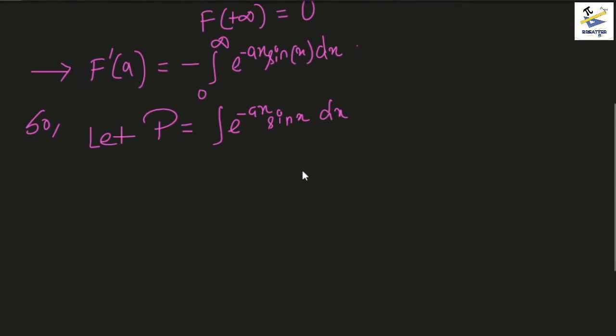the indefinite version first. Okay, so we remember the Eilert rule for doing a product of an exponential function and a trigonometric function, and we remember that in the Eilert rule the trigonometric came first and the exponential came second. So this is the first function and this is the second function. Then